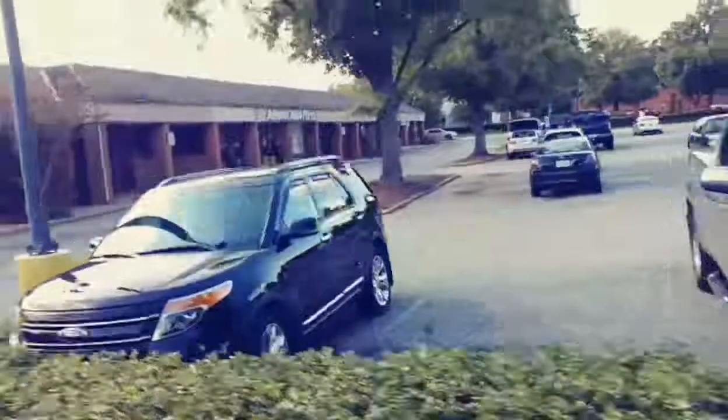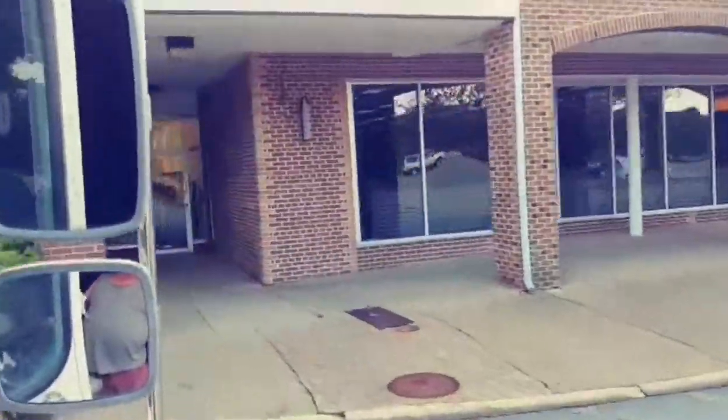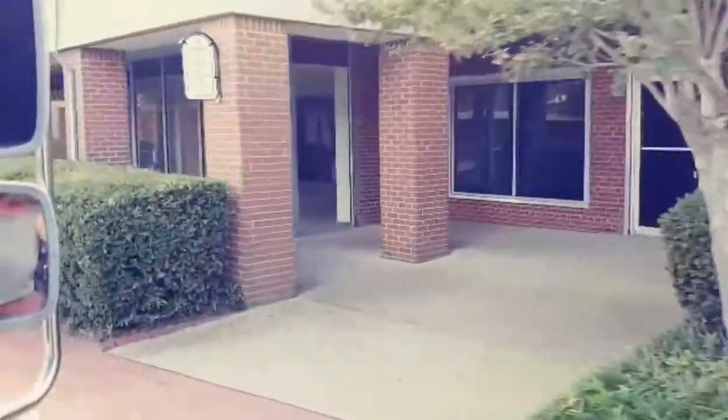This is Williamsburg Shopping Center. It's getting ready to be torn down. To give you a little bit of history, it's been around since the 1950s. And in the 1960s, there was a Woolco where the Roses was, where there's a